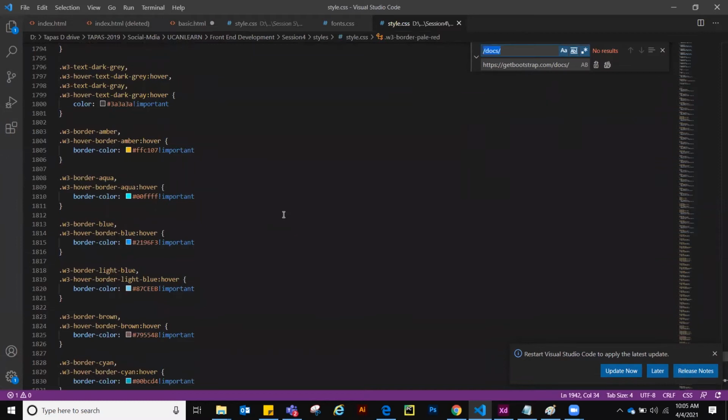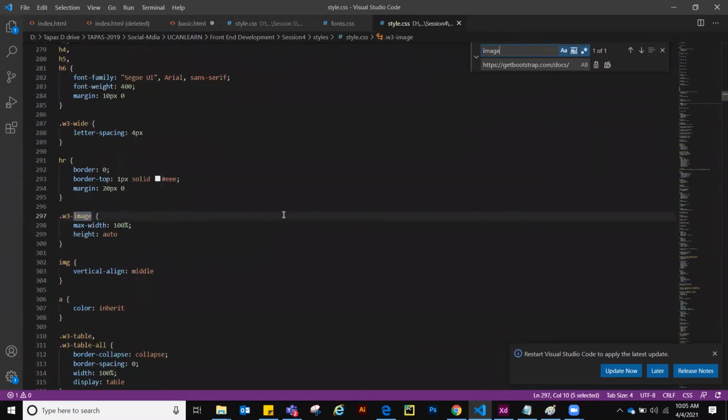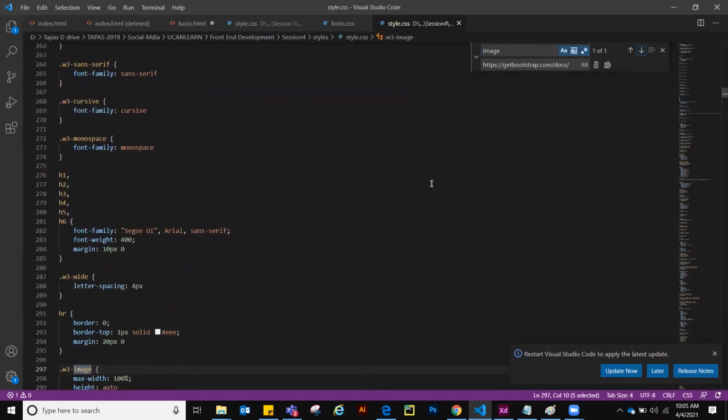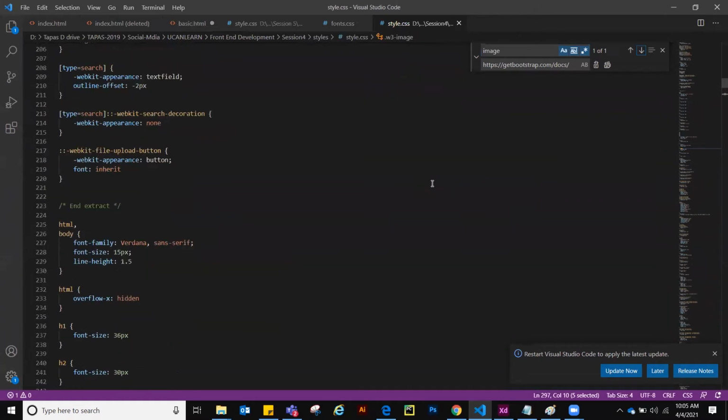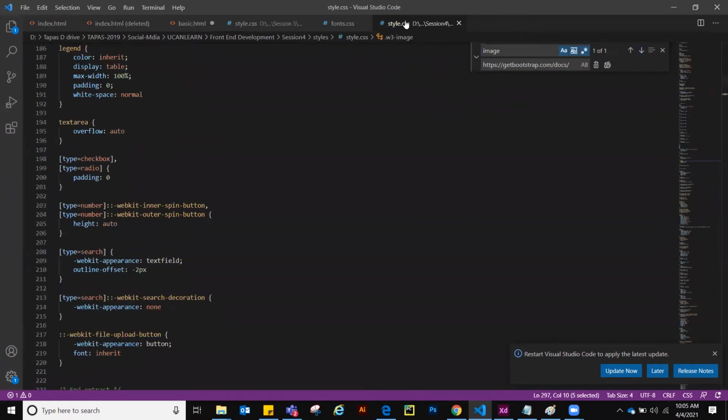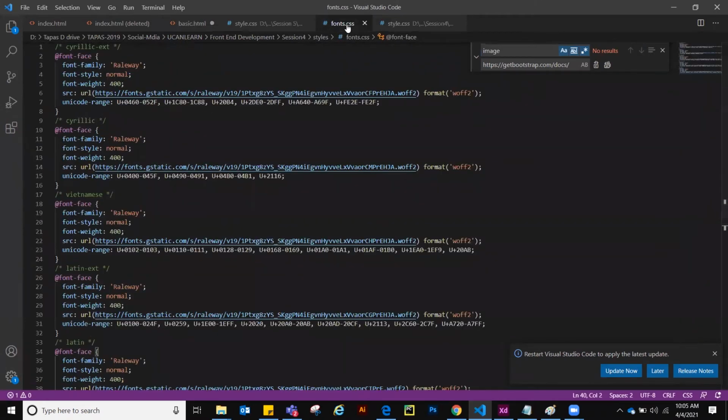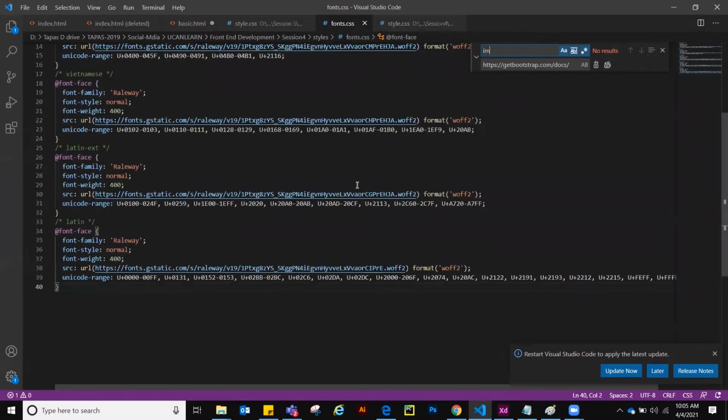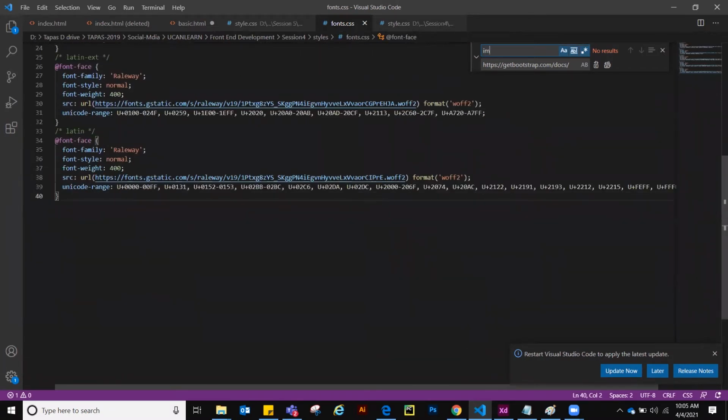So you go and search. In these two style sheets I am not getting images. What to do?